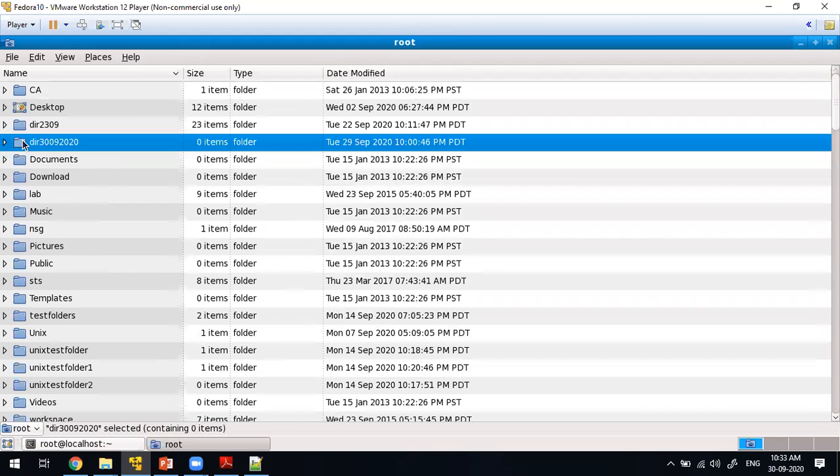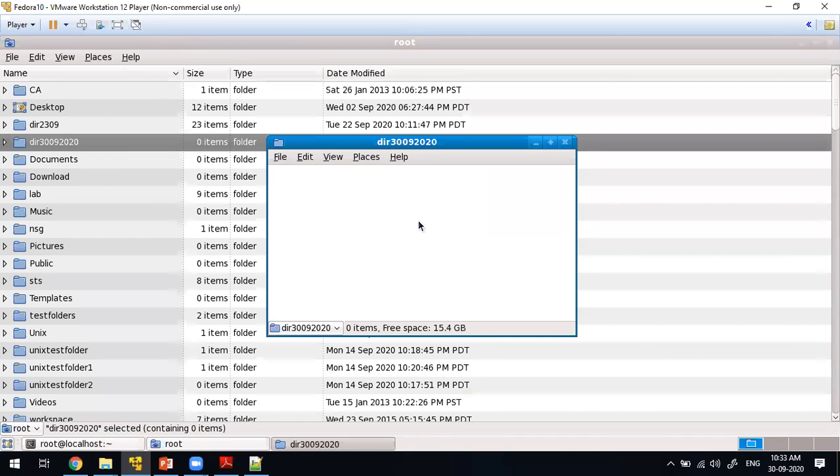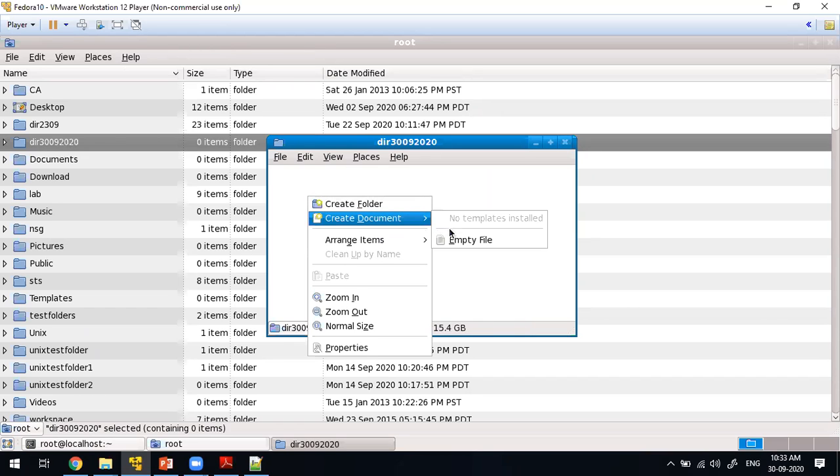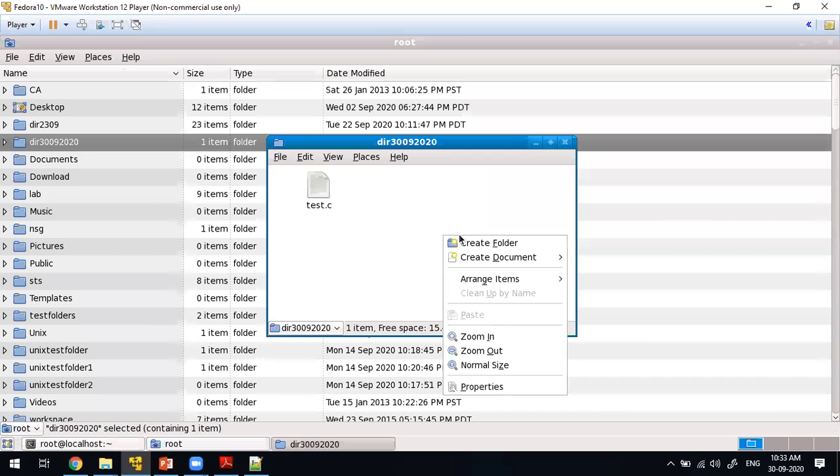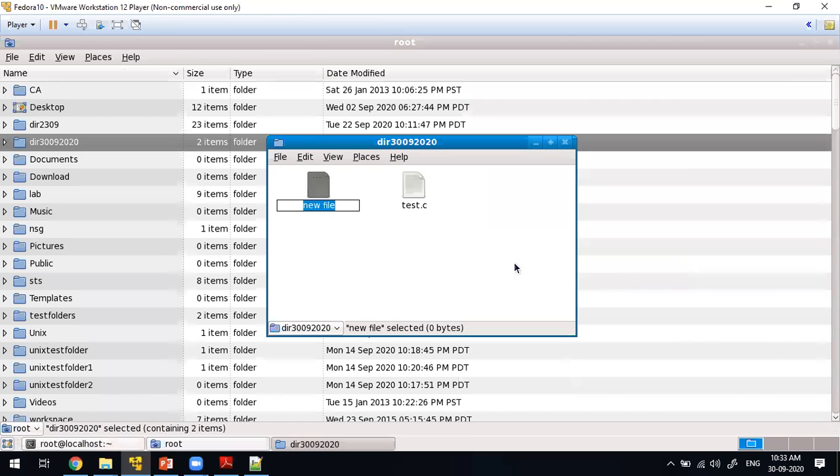See, whatever files are inside this directory, their access will depend on the directory permissions. Say there is an empty file named test.c. One more file I'll create, rsa.c. See, there are two files.